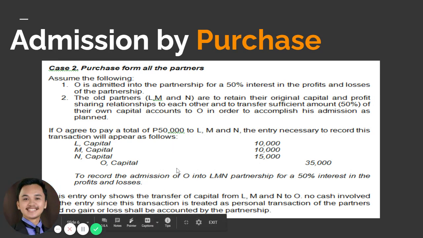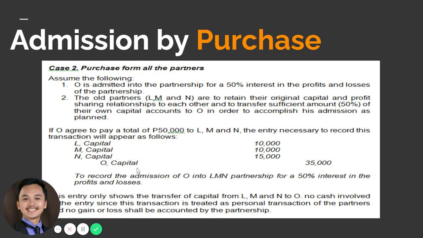So if you have noticed, the amount credited to O capital is 35,000 but O pays L, M, N a total of 50,000. So there is a difference of 15,000. That difference of 15,000 will not be recorded as partnership gain but rather it will be accounted separately by L, M, and N because in the agreement they will only be giving 50% of their existing capital